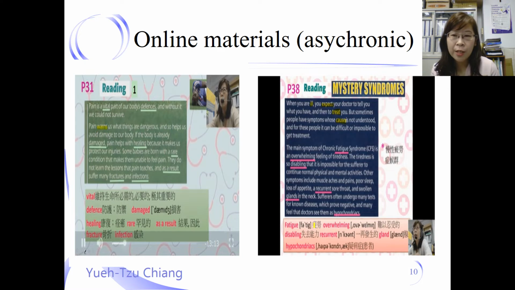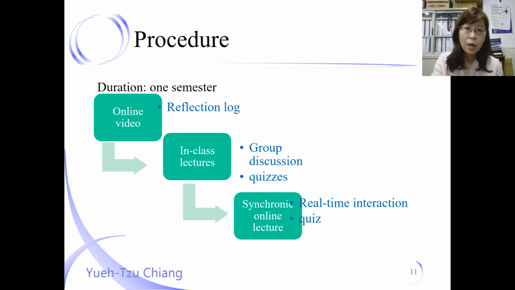Okay, so I think that's kind of a syndrome that in the modern world a lot of people may have. All right. Okay. So these are two different types of online materials. They have to preview by watching these. Okay. And so there's a procedure. This course lasted for one semester, so they have to do an online video, and after they preview the video, they had to